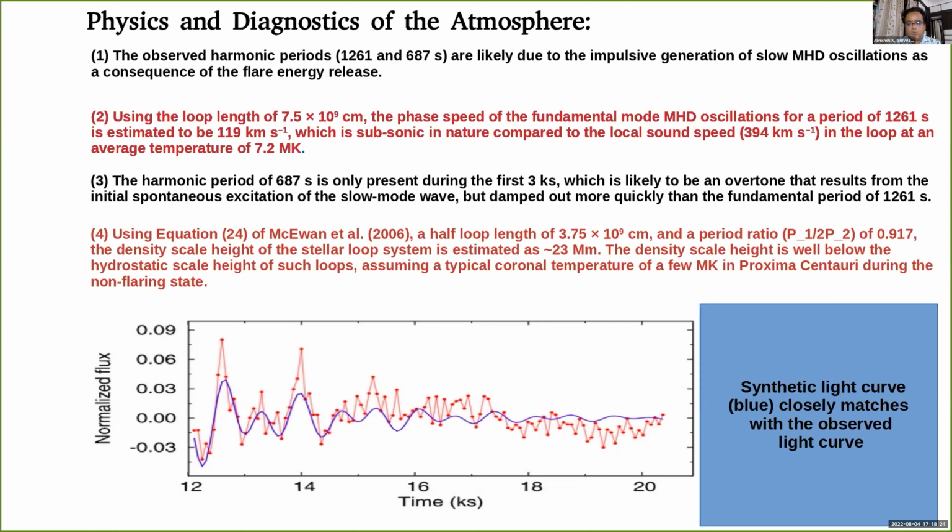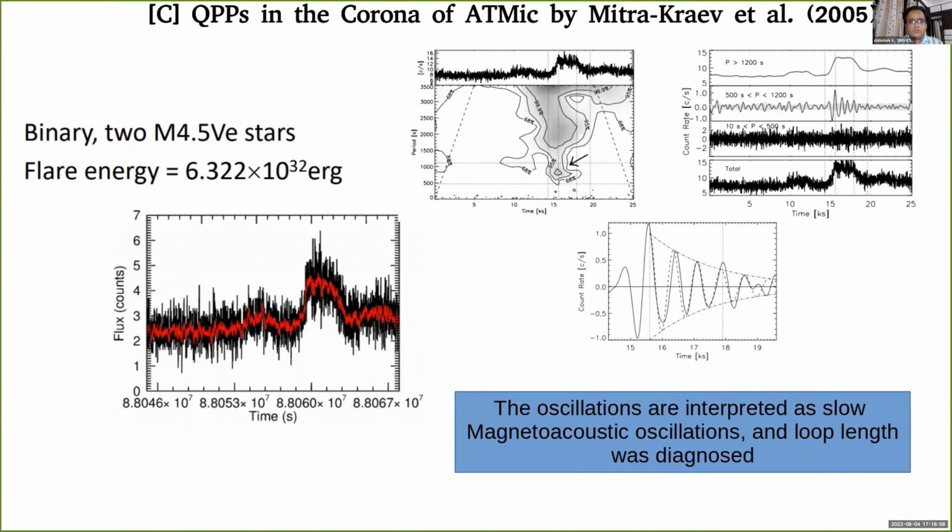The synthetic light curve, in blue, when we include these two periods, closely matches the observed light curves, but of course some other frequencies may also be present there. So the most important information here is that if we observe convincingly the multiple periods in such stellar flares, in the decay phase or in any flare phase, we can at least constrain some crucial physics and related parameters based on solar analogy. I would like to show another example, which is one of the well-known examples,